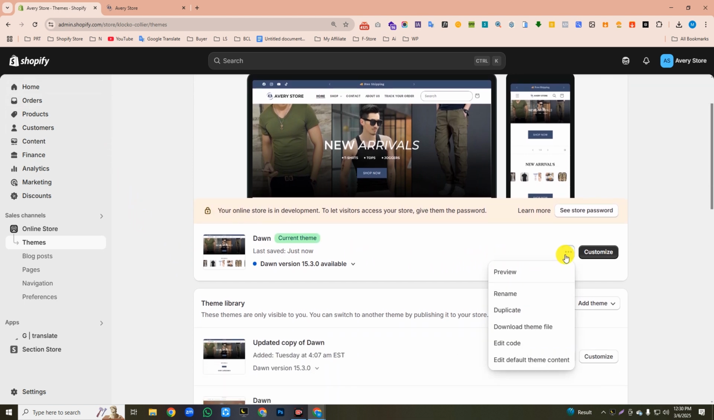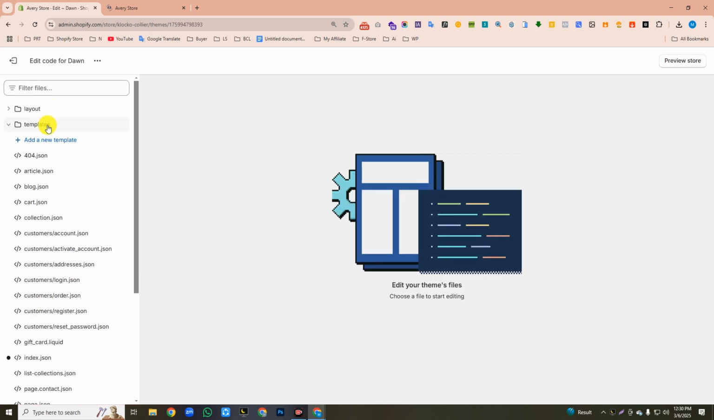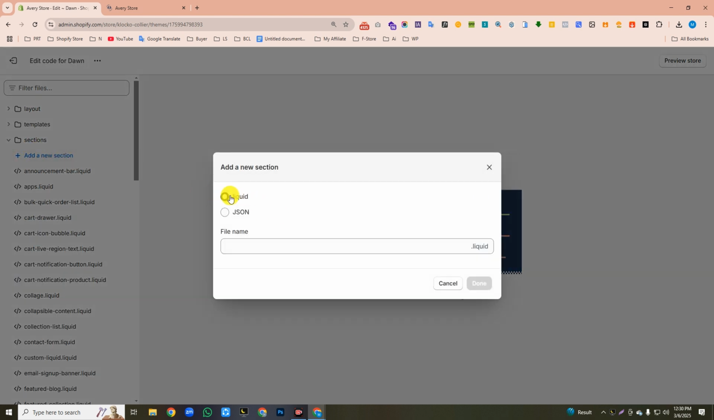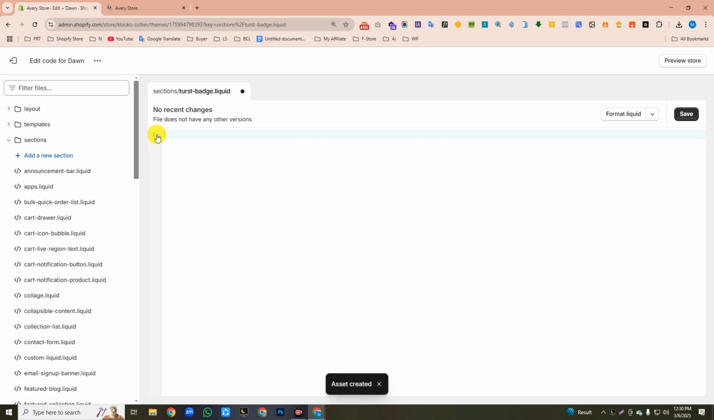First, click on this three-dot icon. Then click on Edit Code. Now we will make a section for the Trust Badge. To do this, first click on this section file. Then click on Add a New Section. Then select the Liquid option. Then type your section name here. Section name will be Trust Badge. Then click on the Done button. Then delete all these default